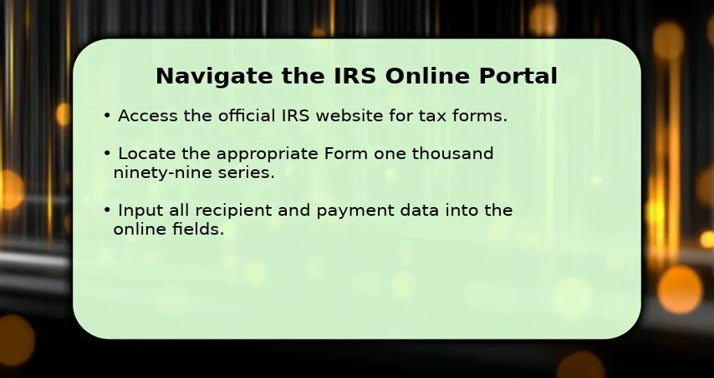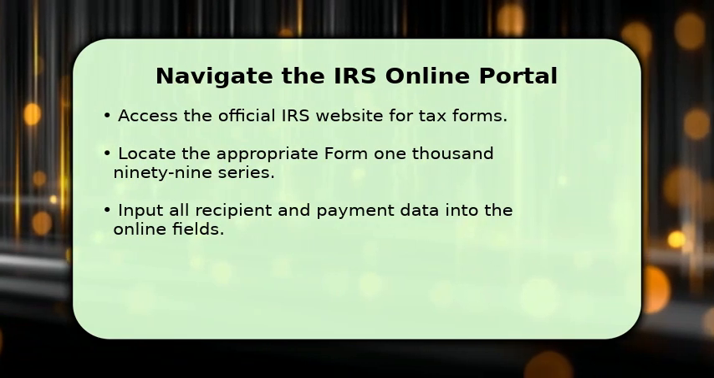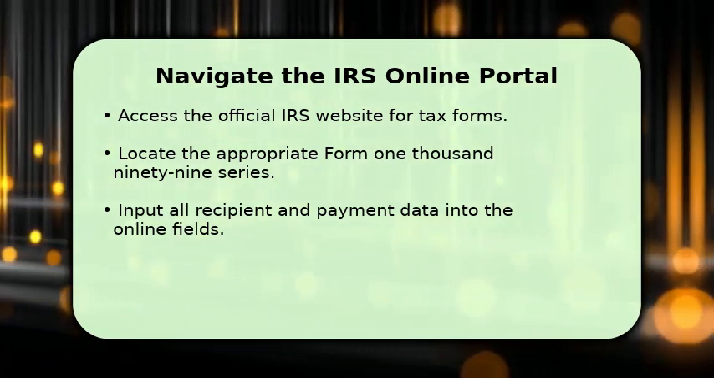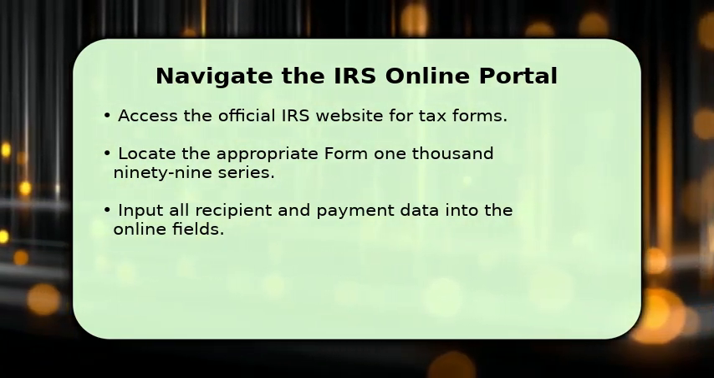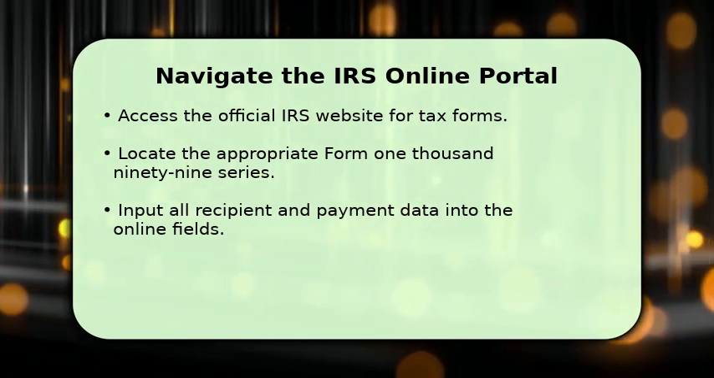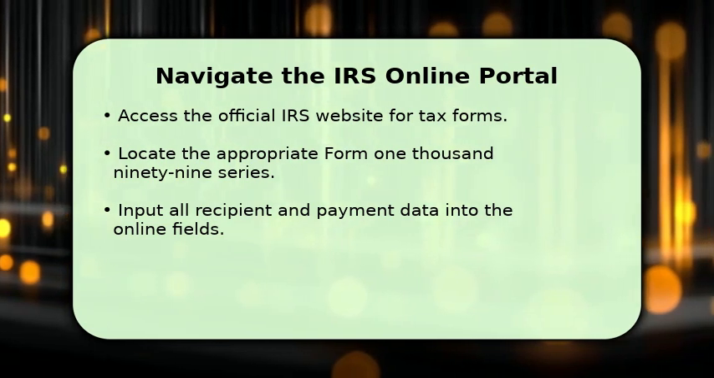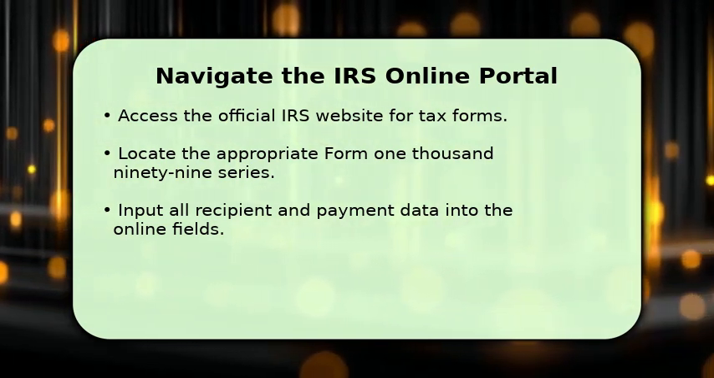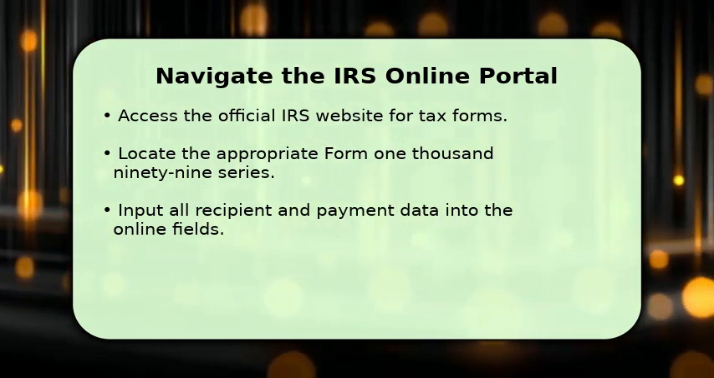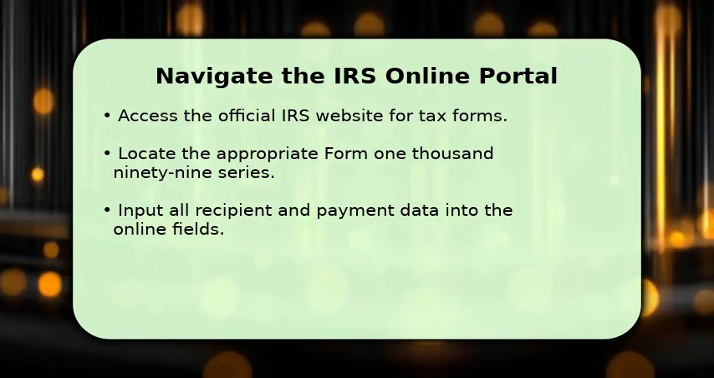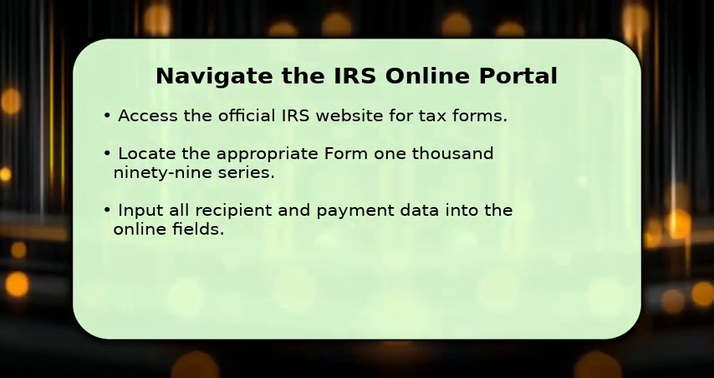Once your information is ready, navigate to the official IRS website. Look for the section dedicated to businesses or information returns. You will then select the specific Form 1099 type you need, such as 1099 NEC for non-employee compensation. Carefully enter all the prepared data into the corresponding online fields, double-checking each entry for accuracy before proceeding to the